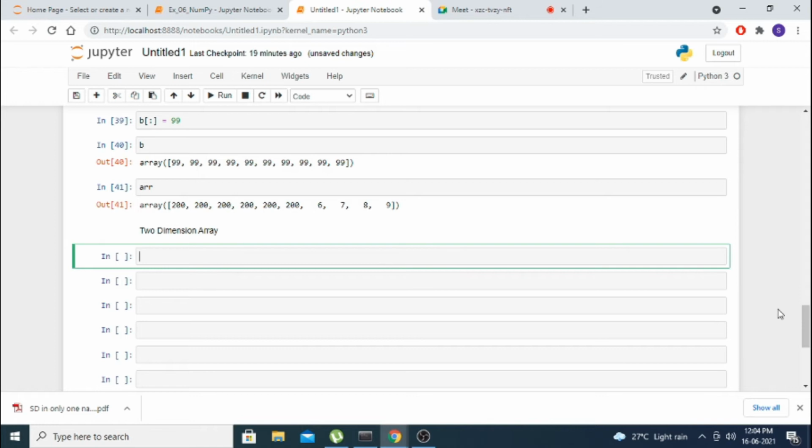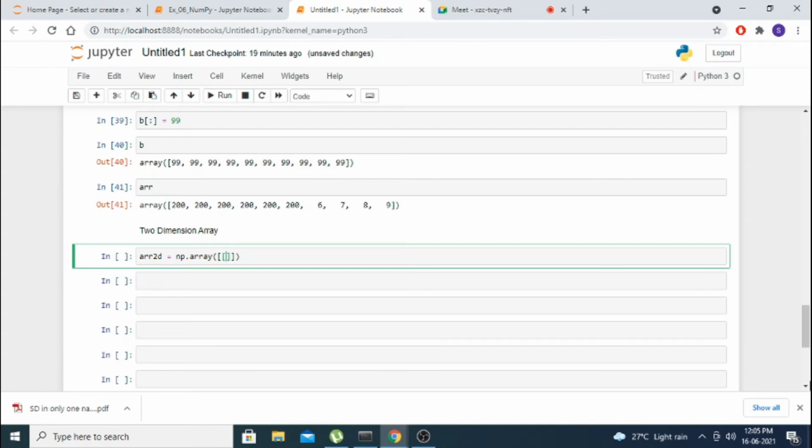So that is how to create a two-dimensional array without using a list, directly. I am creating one array, arr 2D, with np dot array. Two-dimensional means we have to open two square brackets.